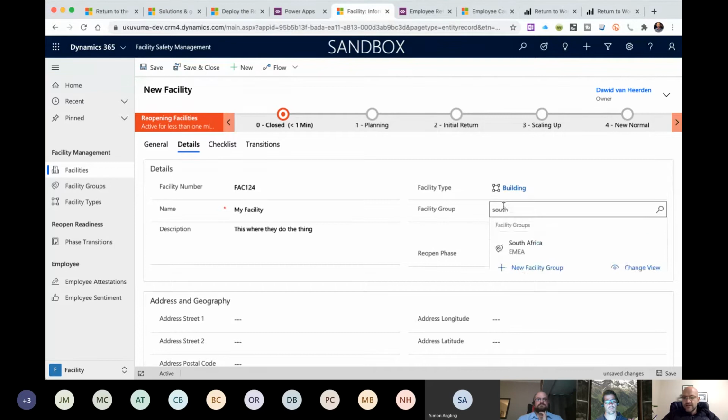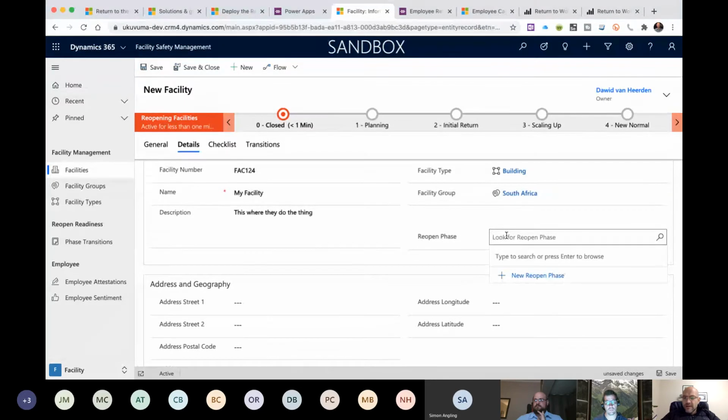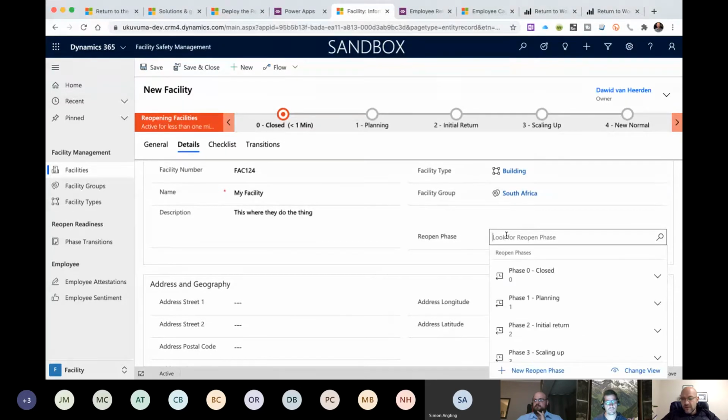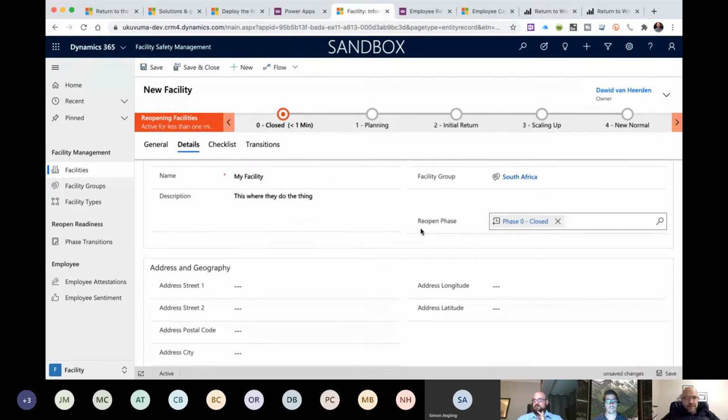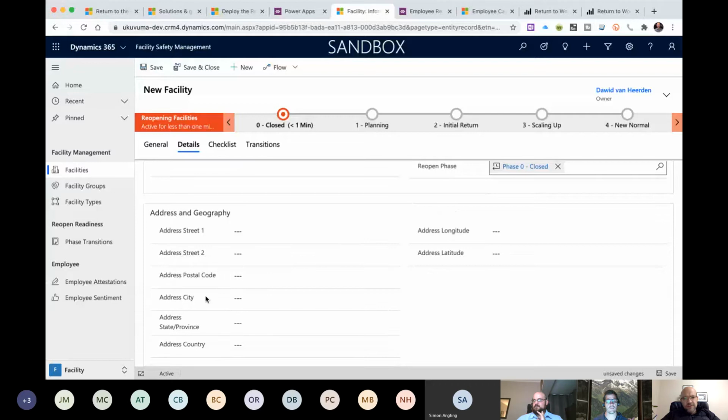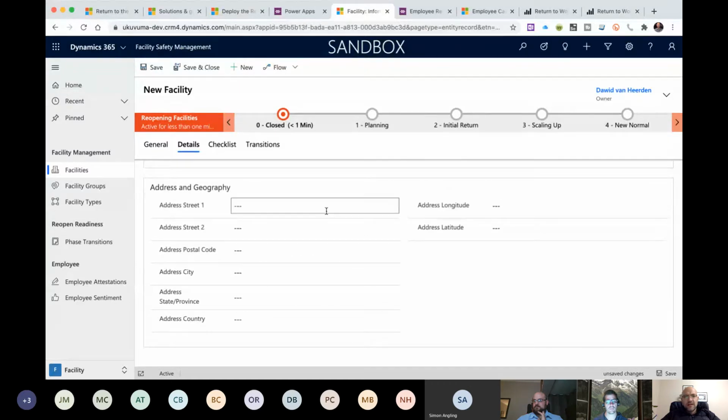Facility group, we're going to say it's South Africa, or whatever makes sense in your situation. The reopen phase is the current or initial reopen phase. Most of them would start off at phase 0, so let's select phase 0. Here you can specify all of your street addresses and latitude and longitude. This is what it uses to plot the maps on the Power BI report. So this is pretty cool.